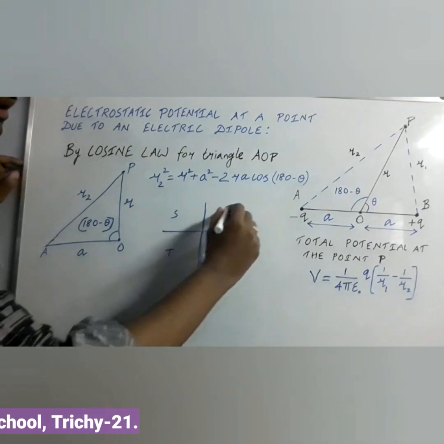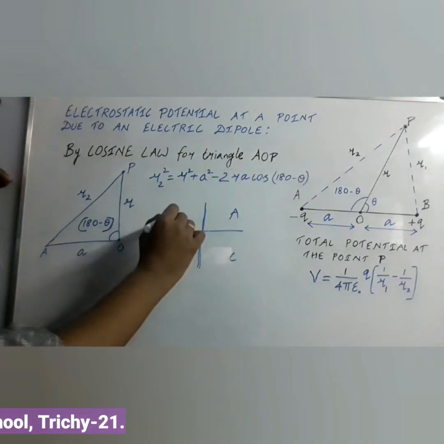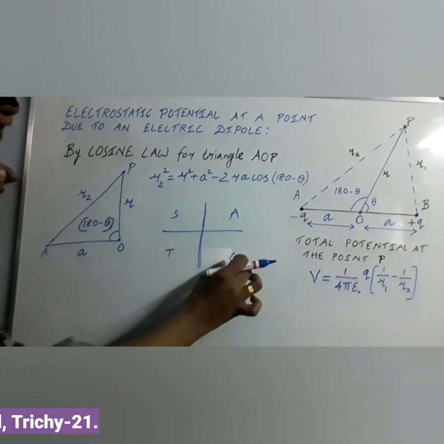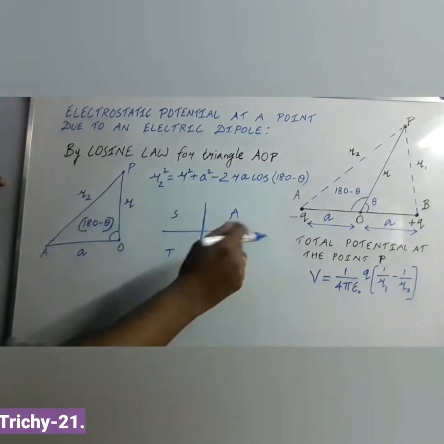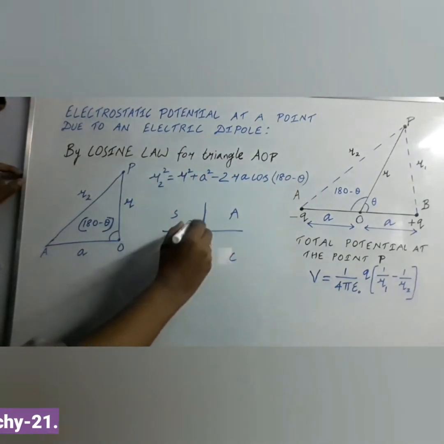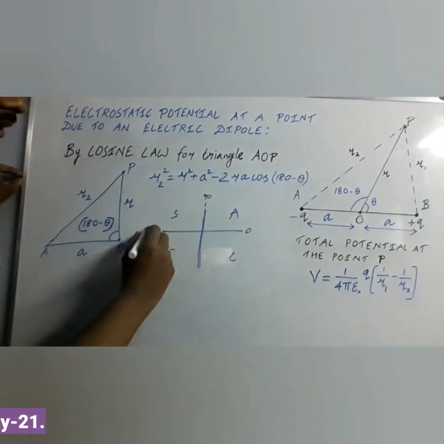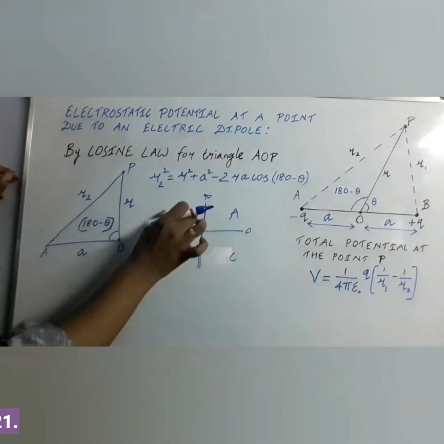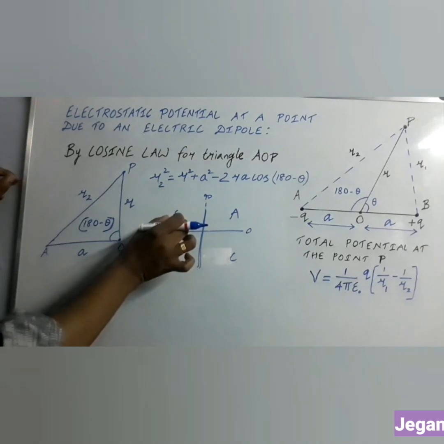So first quadrant, all the values are positive. Here in the second quadrant, sine only has the positive value, tan we will get the positive value in the third, and the fourth quadrant, cos will have the positive value. 180 minus theta lies in the second quadrant. Okay, 0, 90, 180. 180 minus theta falls in the second quadrant. In the second quadrant, sine only has the positive value.